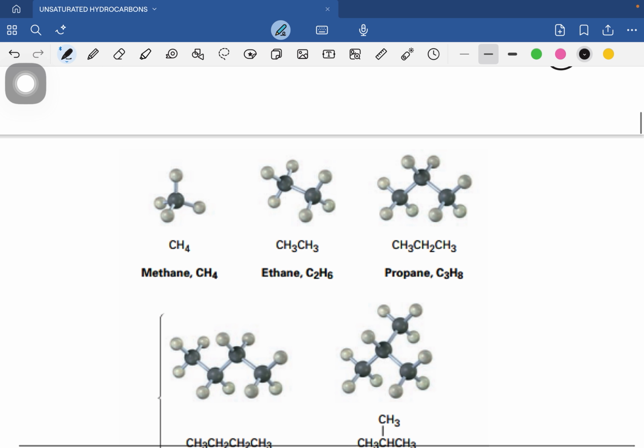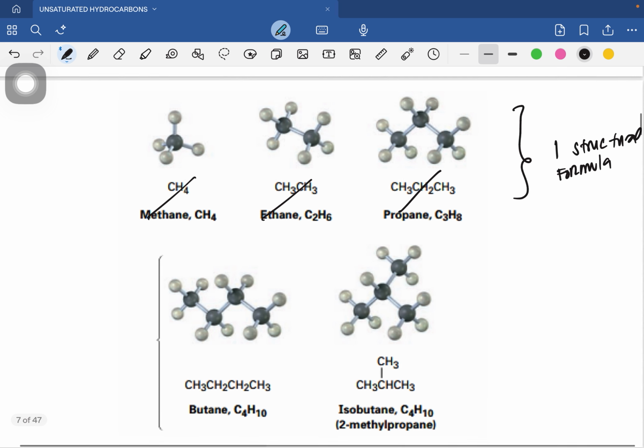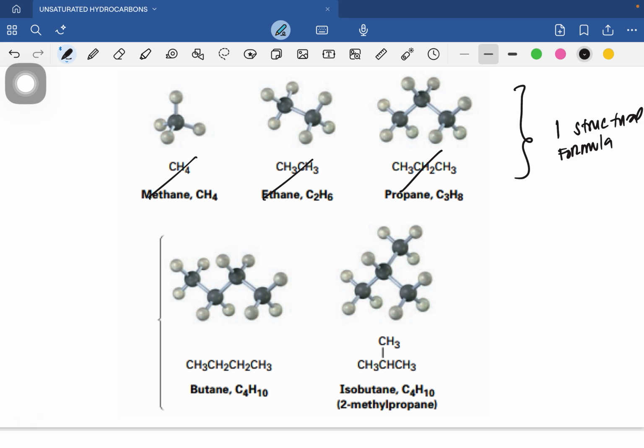So that's it. We have here methane, ethane, and propane. These first 3, guys, methane, ethane, and propane, are organic compounds that only have one structural formula. So the structural formula that you can see on your screen is true for all methane, all ethane, and all propane. But take note, guys, that according to what I've said earlier, the more you increase the number of carbon and hydrogen atoms in your organic compounds, the more constitutional isomers there will be